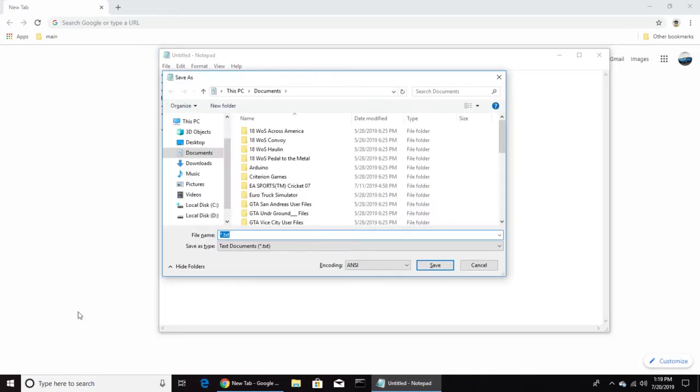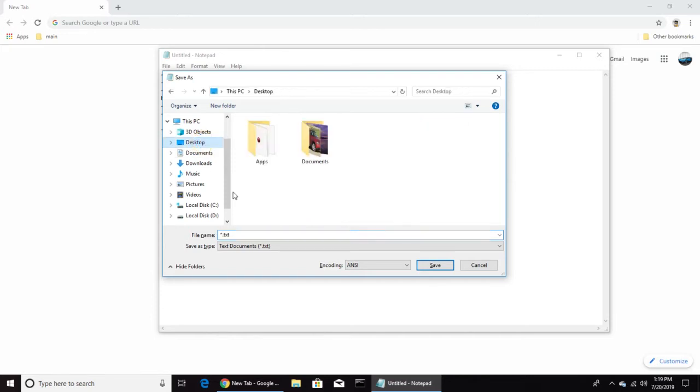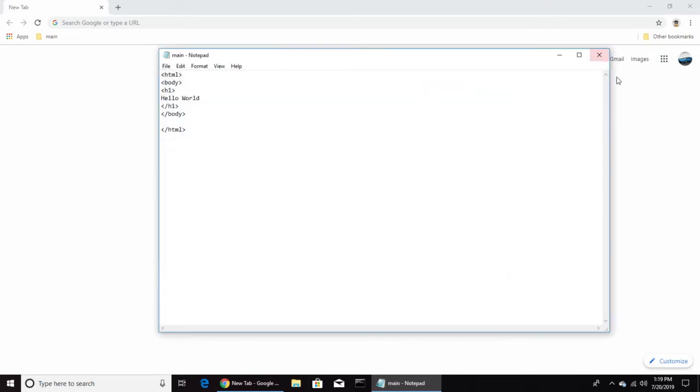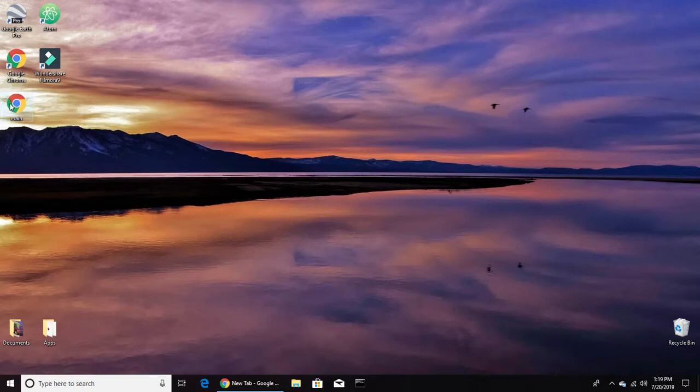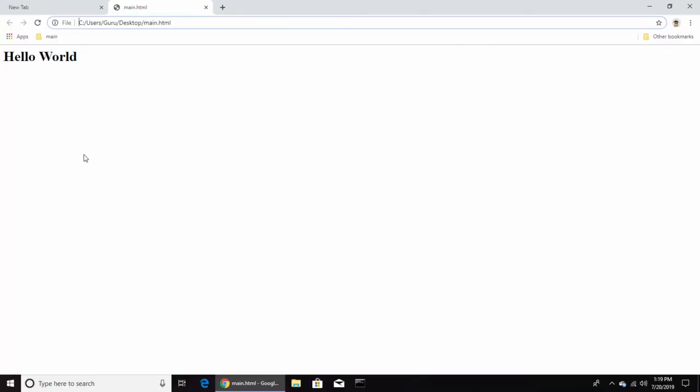Now I would like to save the file so that I could run it. I will save it on the desktop for convenience. Okay, I have saved it, and you could see that there is a Google Chrome logo on this main file. So that means that it could open in Google Chrome. We'll click it and see our text is displayed, which means that Google Chrome is the interpreter itself.